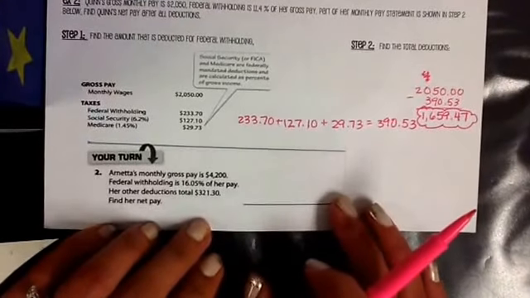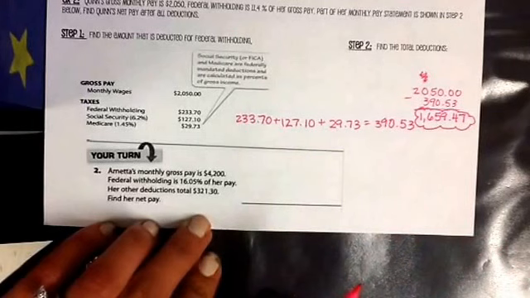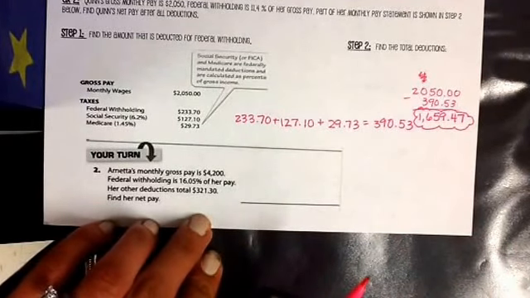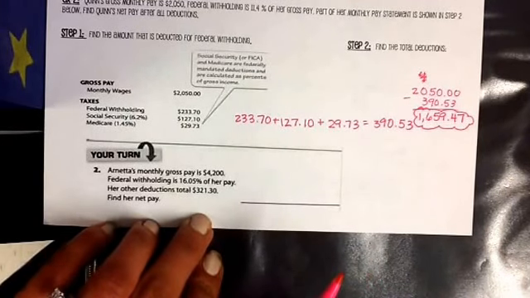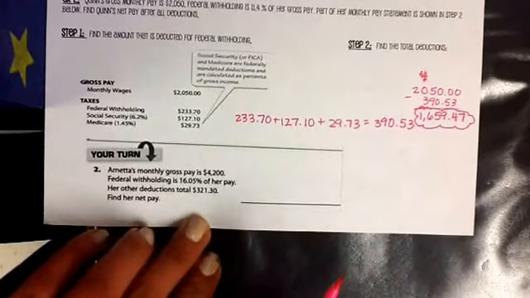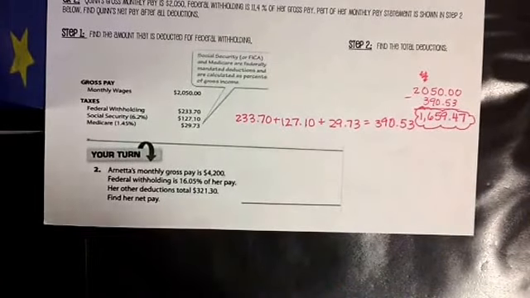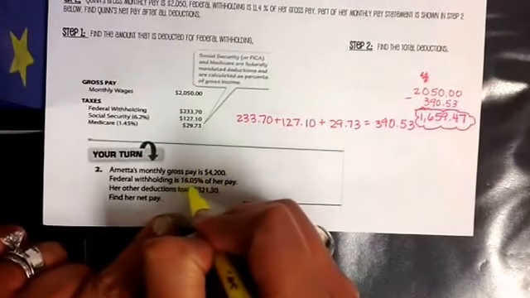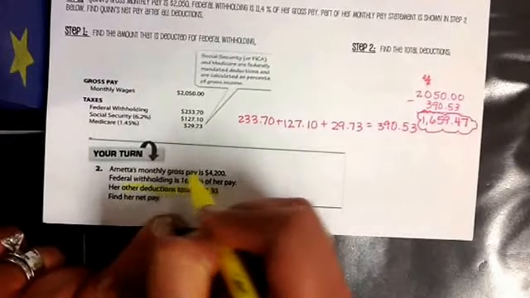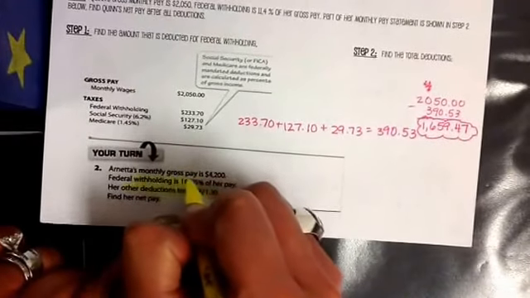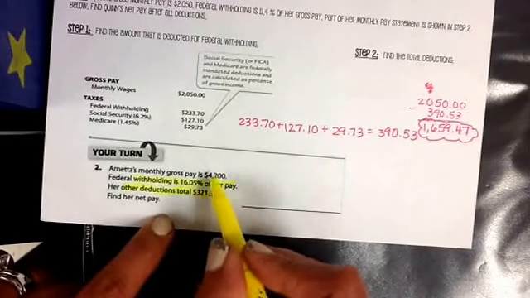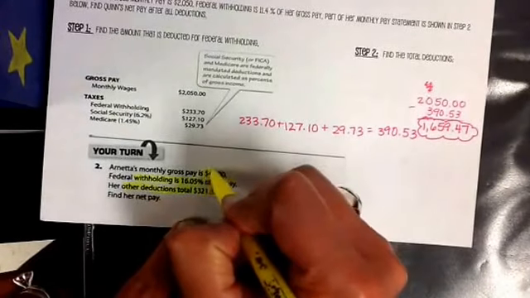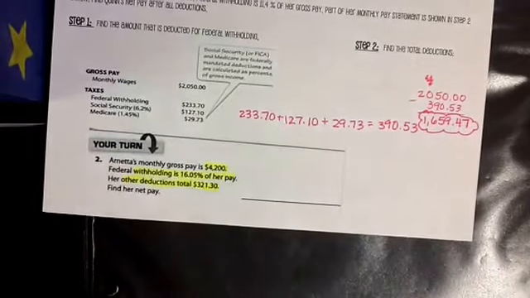It says, Arnetta's monthly gross pay is $4,200. Federal withholding is 16.05% of her pay. Her other deductions total $321.30. Find her net pay. Okay, so this time they totaled the other deductions for us. Okay, we have to find out what the withholding is, and again, it's a certain percentage. It's 16.05% of her pay. So we're going to have to go find out what is